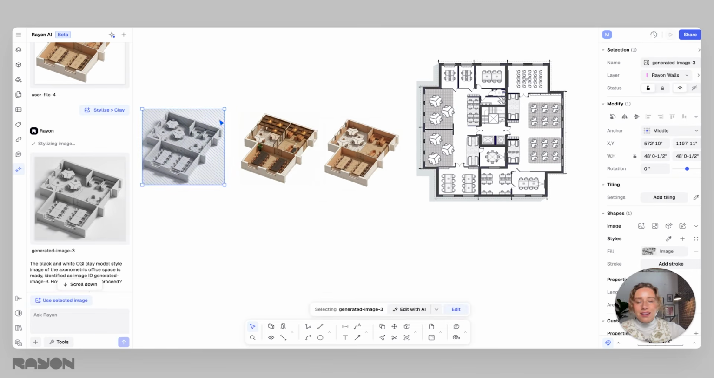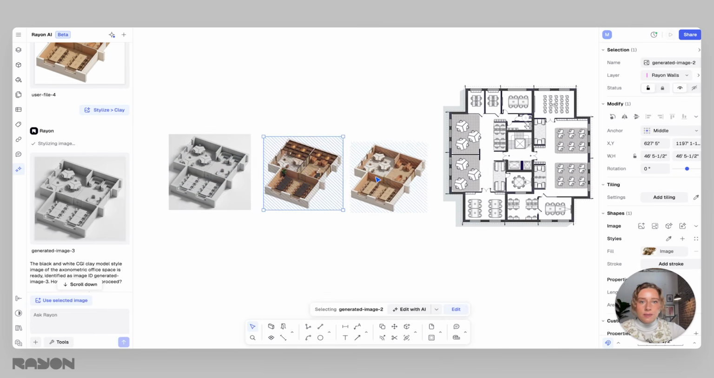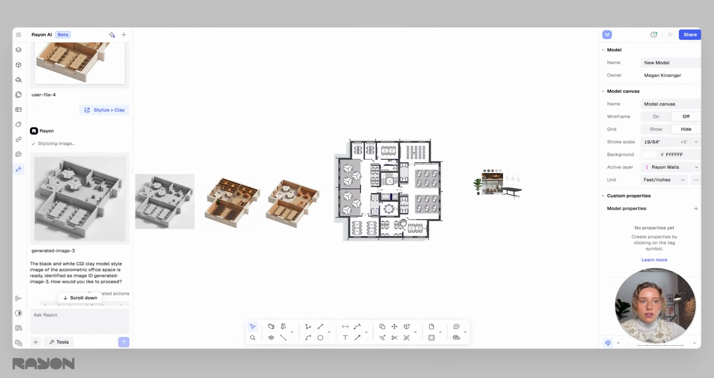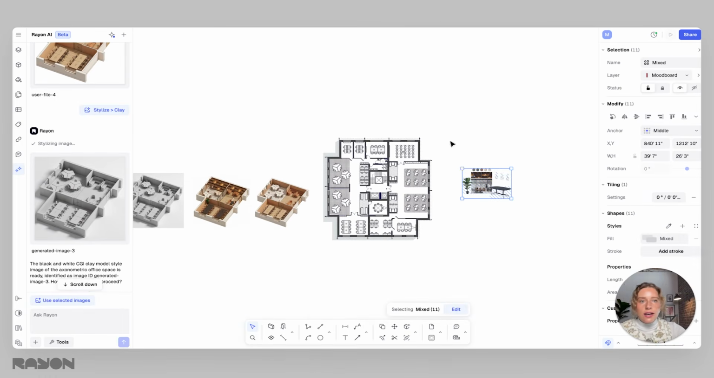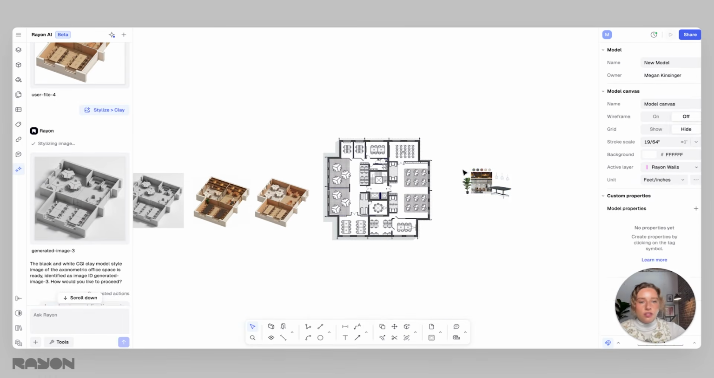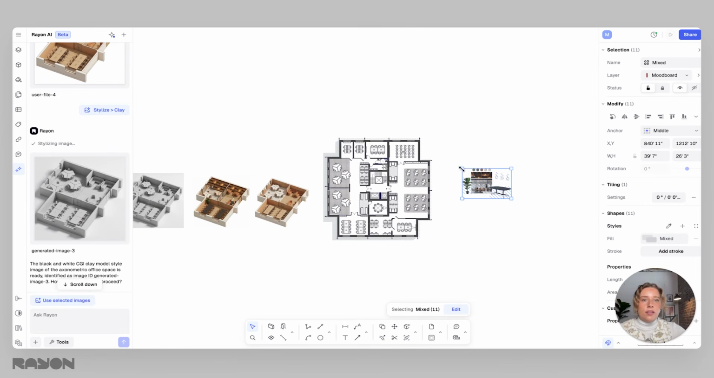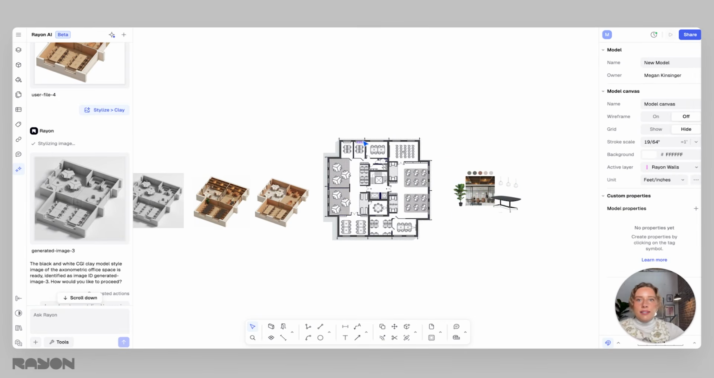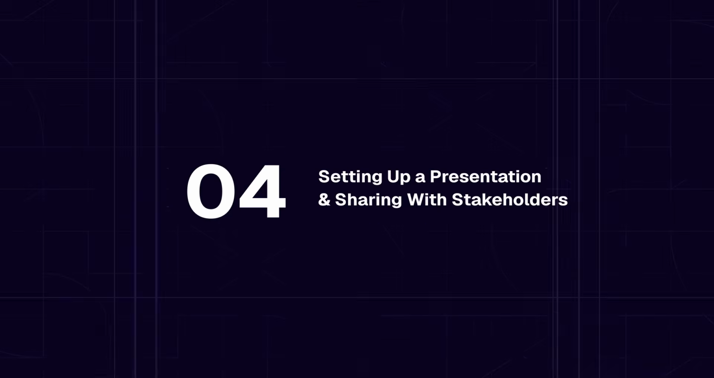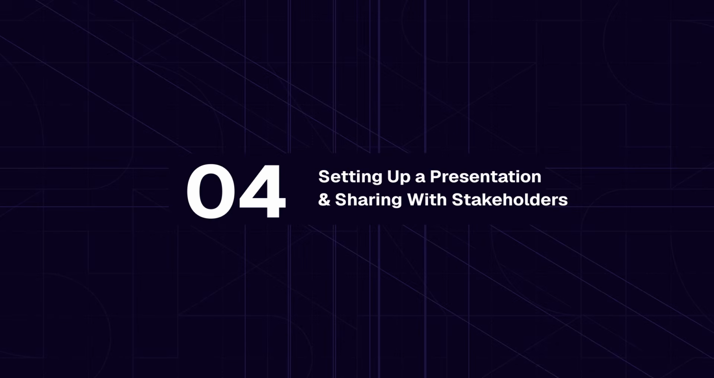And again, you can just place these images that it generates anywhere on your working model canvas here. And then later, which I'm going to show you in a second, we can actually put these on presentation boards. So now that our design intent is looking so much clearer, not only to our clients, but to us as well, let's see how it all comes together in the final part where we set up our client